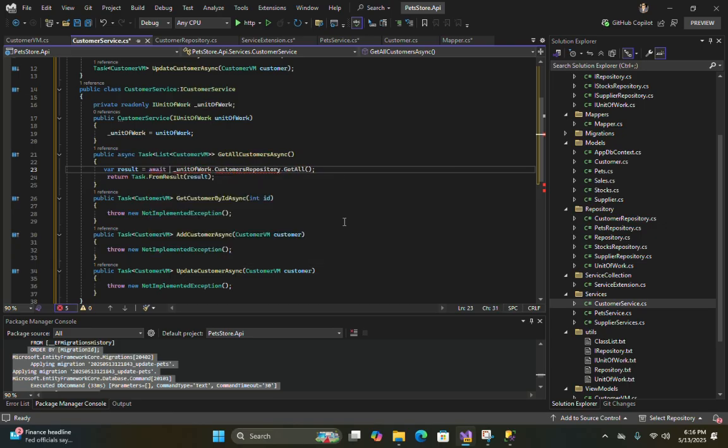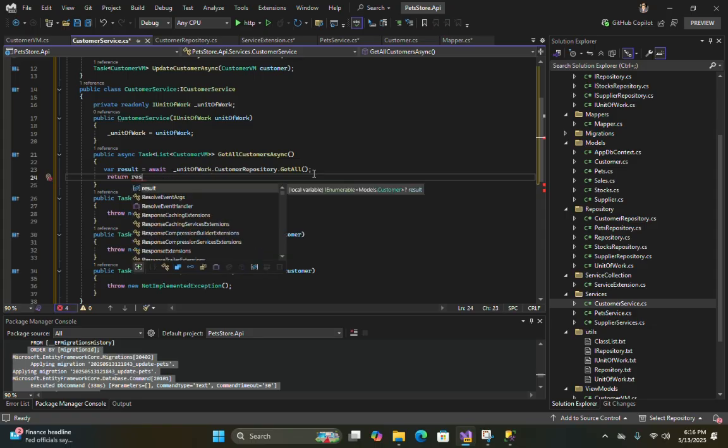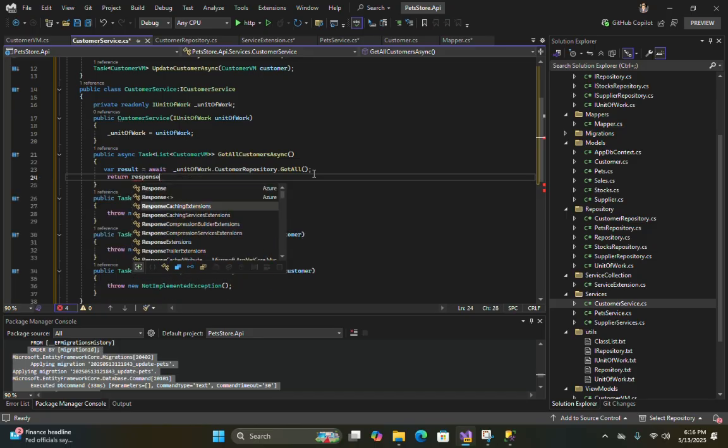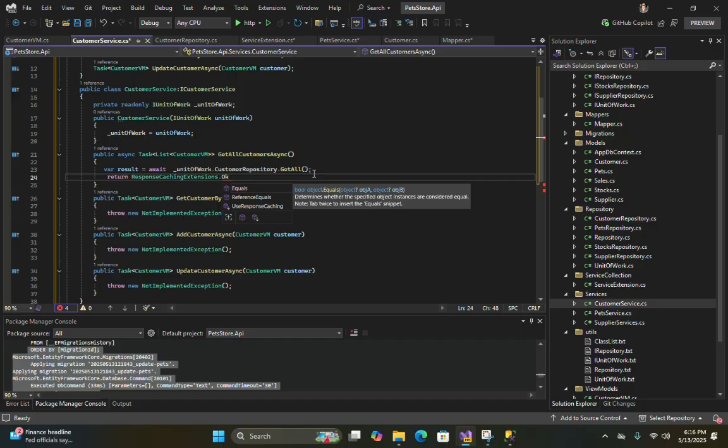Await it. Okay, why is it not showing the customer repository? Customer repository dot get all, right? Now we will return response, return response dot okay.